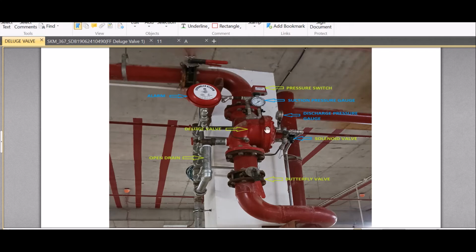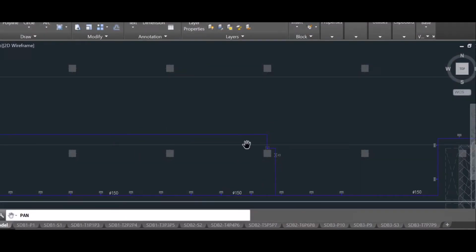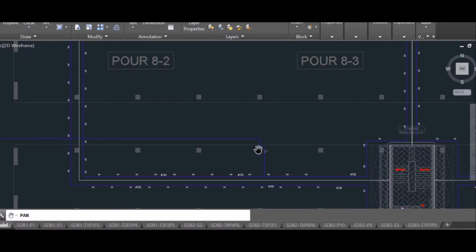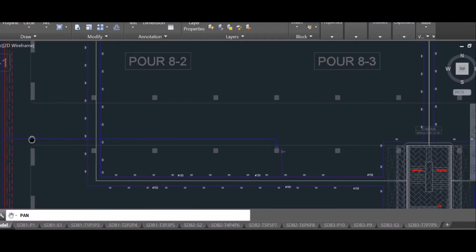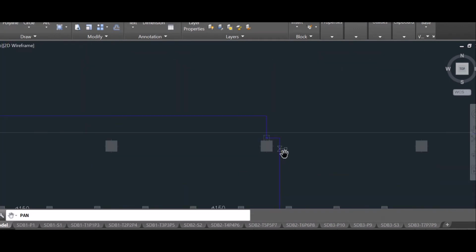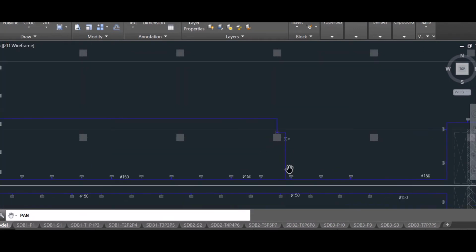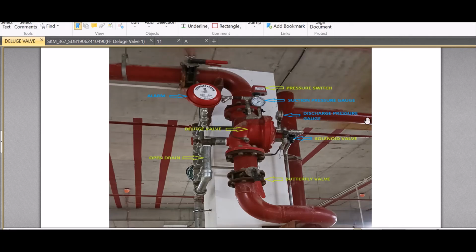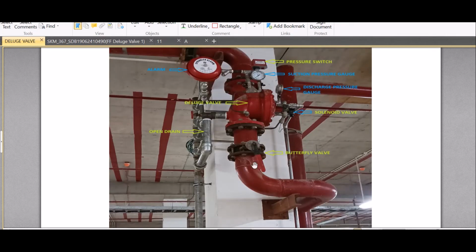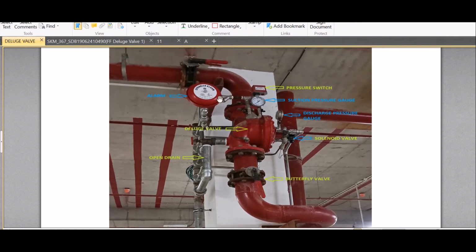Here, this is a picture of the deluge valve installation. These pipes are connected with the main ring, as I already told you in the AutoCAD drawing. Here, the deluge valve suction line is connected with the main ring, and after that, this deluge valve is connected with the zonal distribution line that is here. This is coming from the main ring, and this is the riser, and from the riser a tapping is taken, and on both sides of the deluge valve an isolation valve is provided here for maintenance purposes.